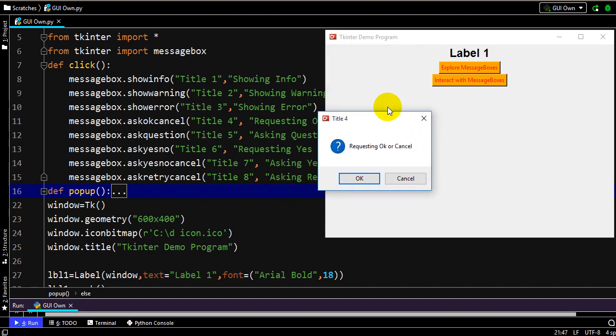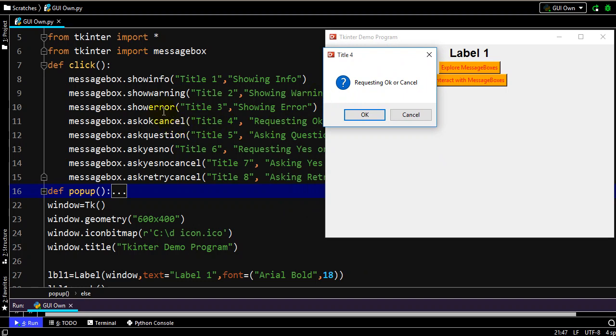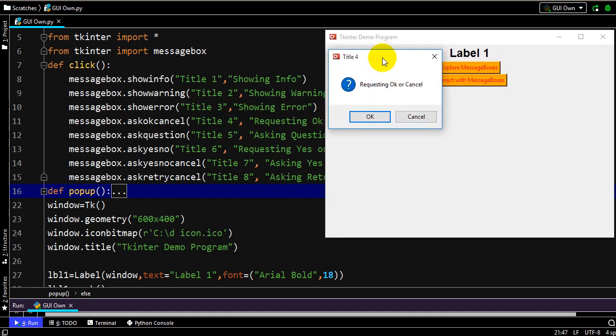Now the next kinds of message boxes have some interaction, requesting okay or cancel, like do you want to proceed. If that is the interaction, then I will click on either okay, or if I don't want to go with the interaction, then I will click on cancel. That is another way of asking a question. And you will observe the image is a question mark after title 4.